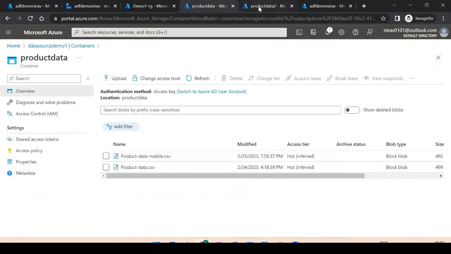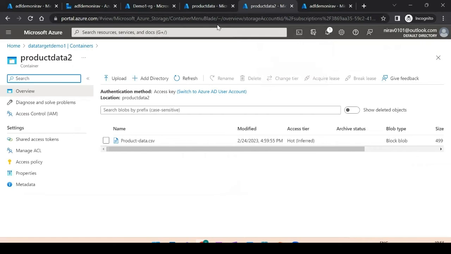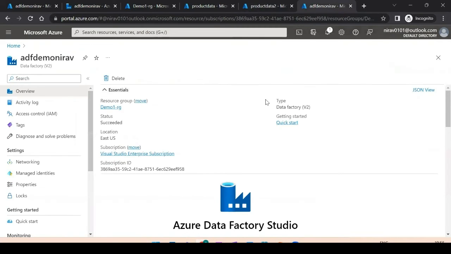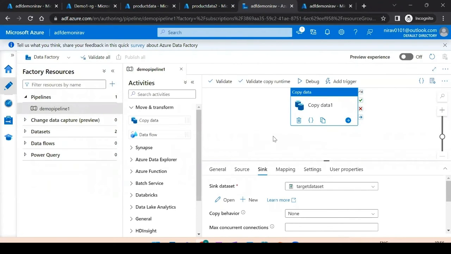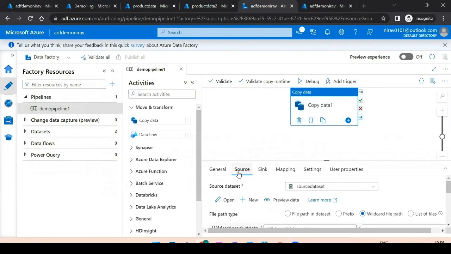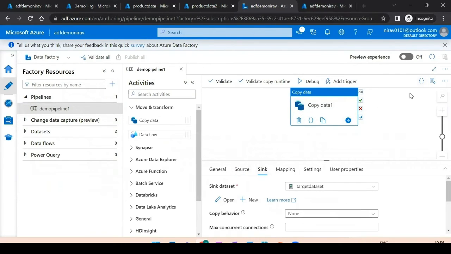If you go and see the target, which is Azure Data Lake, here we have only one file. And we know this pipeline is connected to it. This pipeline has one activity, copy data, which is connected to source and sink. Sink is the target.